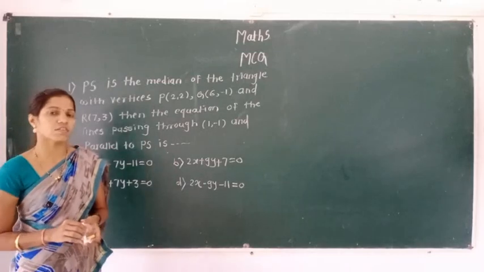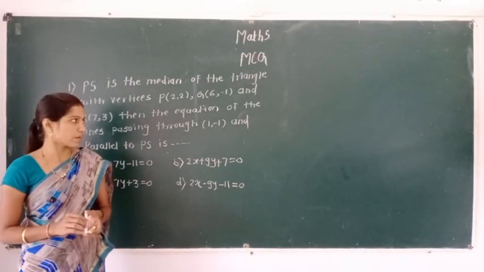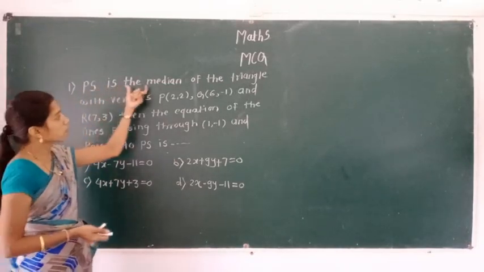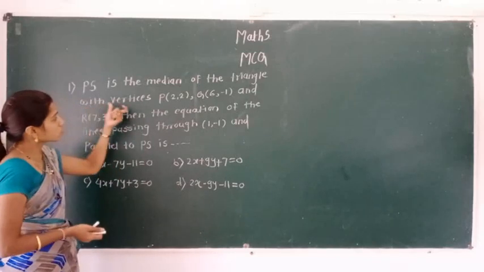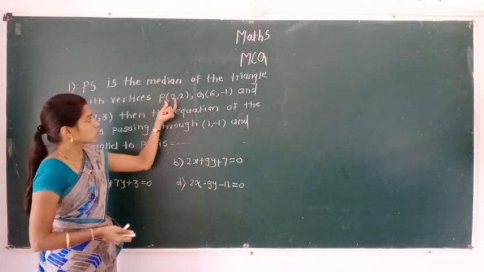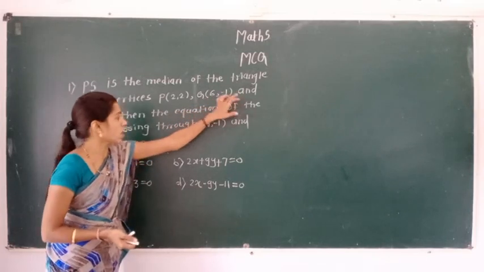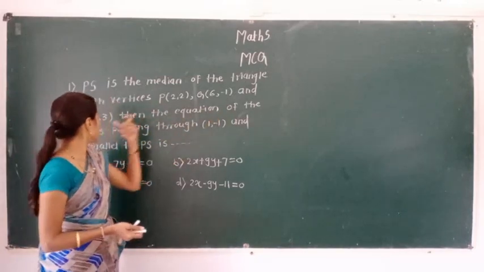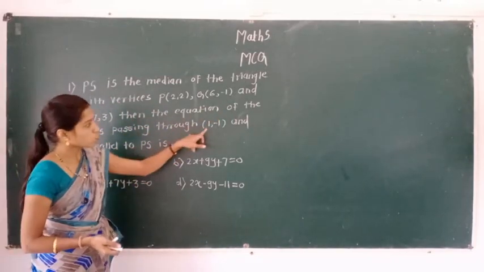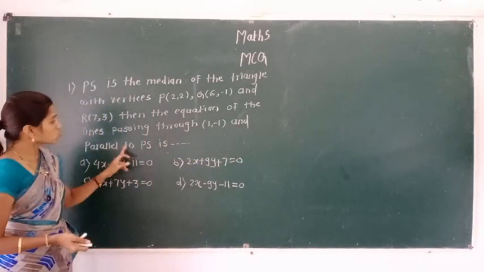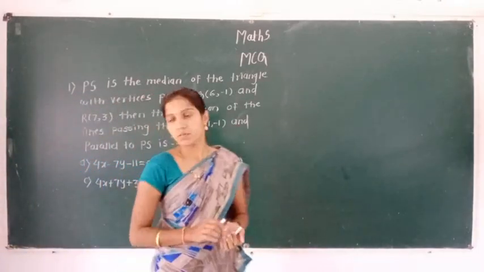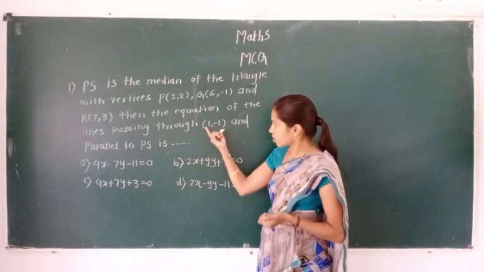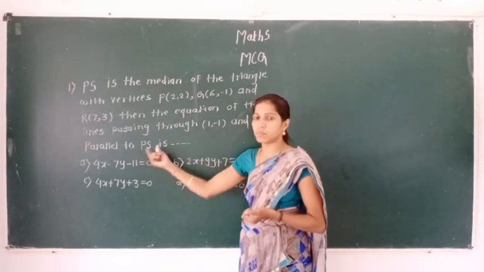Multiple choice questions related to the topic pair of straight line. Let's see. The first example is here. PS is the median of the triangle with vertices P(2, 2), Q(6, -1) and R(7, 3). Then the equation of the line passing through (1, -1) and parallel to PS is. For finding the equation of the line passing through point (1, -1) and parallel to PS,